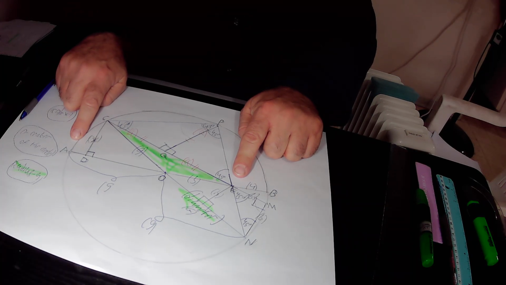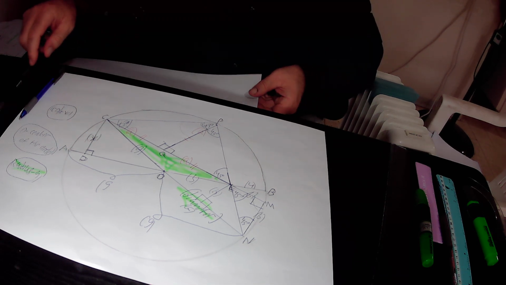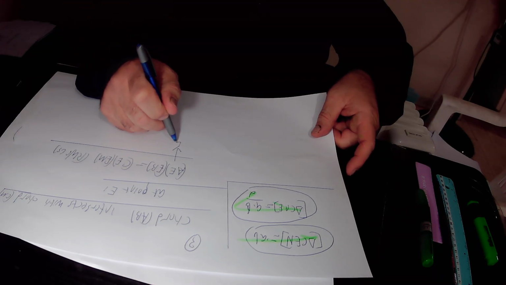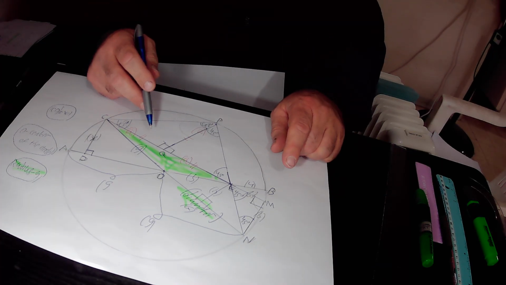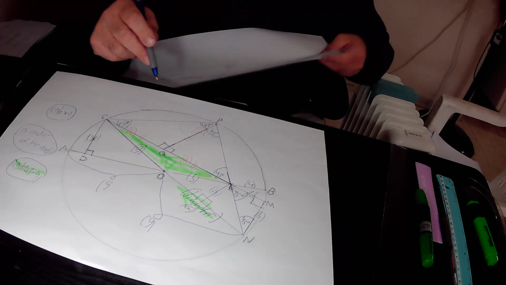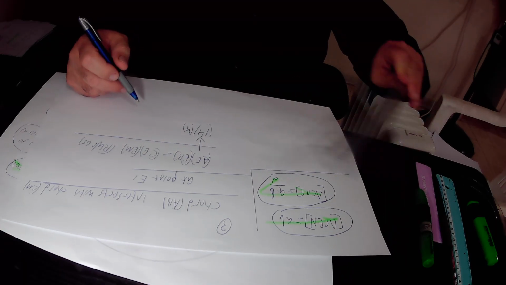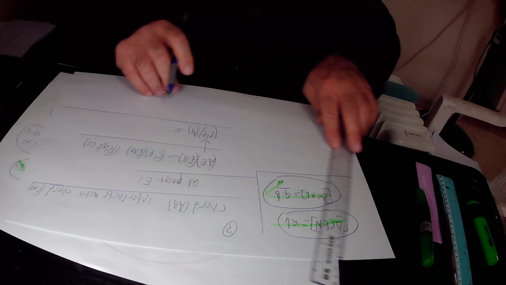AE equals AO plus OE. AO is the radius of the circle, that is 9, plus OE, that is 5. So in total, AE equals 9 plus 5, which is 14. Times EB. EB equals 4 units according to what is given in the question. So on this side of the equation, we have 14 times 4, which is equal to